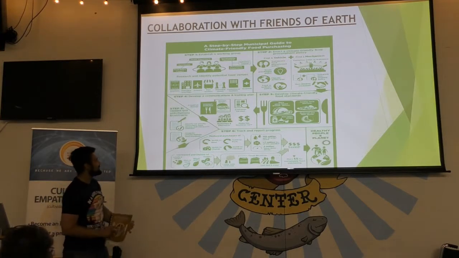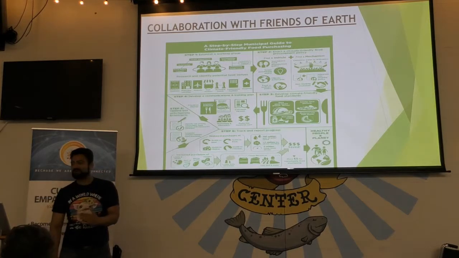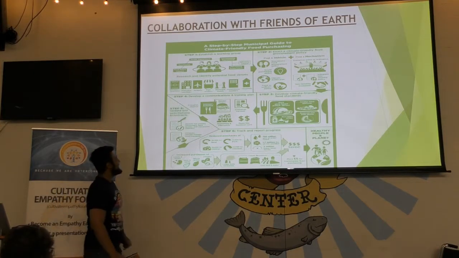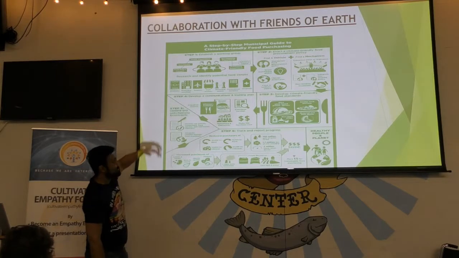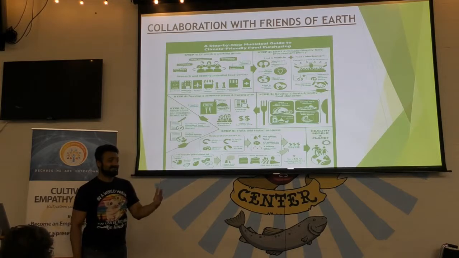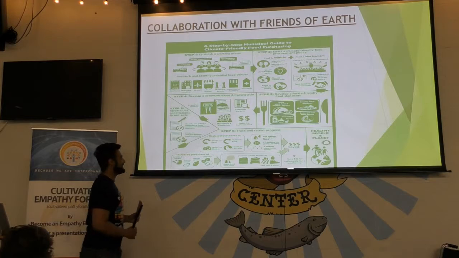So it literally shows step by step how a city council can actually reduce the consumption of meat and dairy in their community. Starting with the first step, it asks the city council to form an advisory body specifically designated to lowering the consumption of meat and dairy.